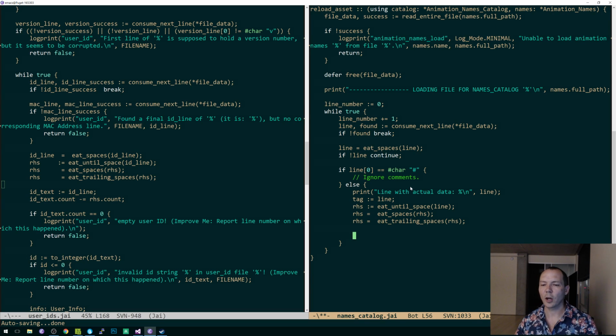Like we could, instead of eating until space or whatever, say, well, if it's a quote, call a parse quoted string and go to the end. Otherwise, don't. But that kind of thing is a relatively minor embellishment. What I'm trying to get into place is the architecture of the whole system, and then small things like this can be improved in a relatively easy way. All right, so